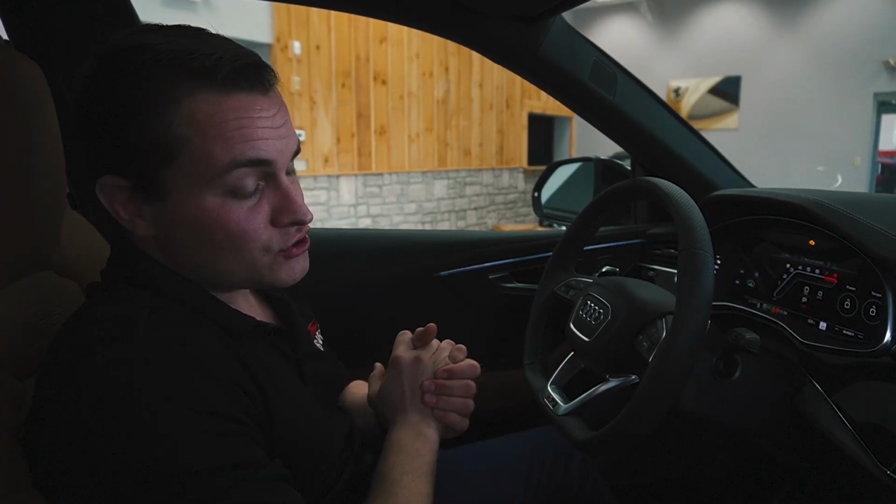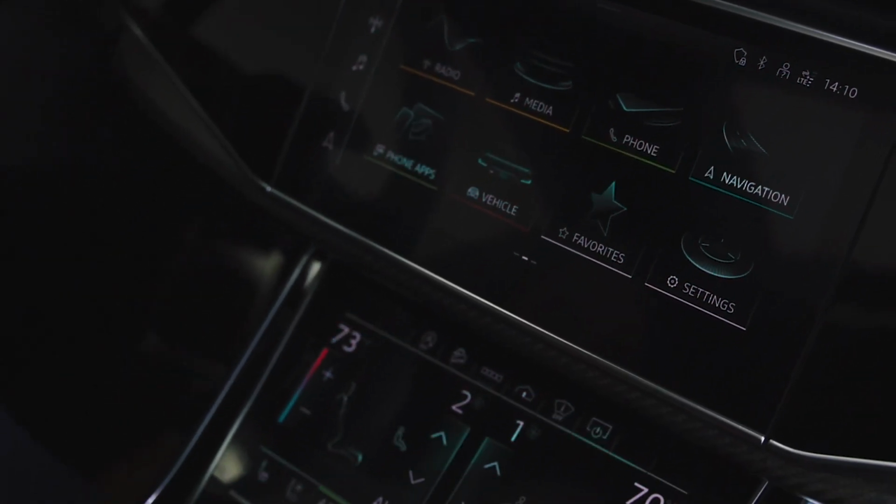If you want to drift your SUV around the track, you certainly can do so. You also have 2 touch screens. I know it's a lot of screens. Everything is kind of haptic feedback. The button doesn't actually depress, but it gives you this feedback where it makes it feel like it does, which